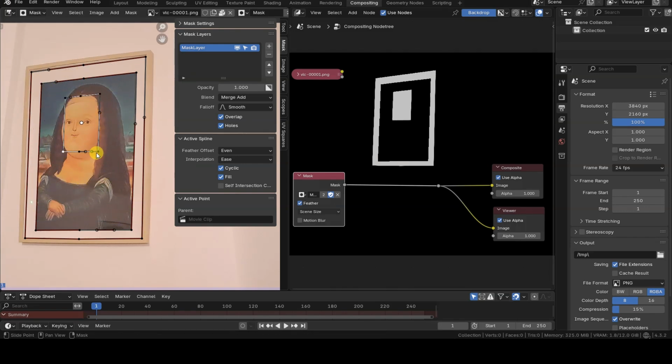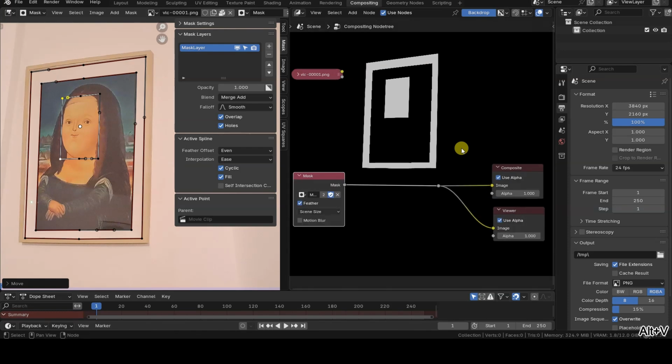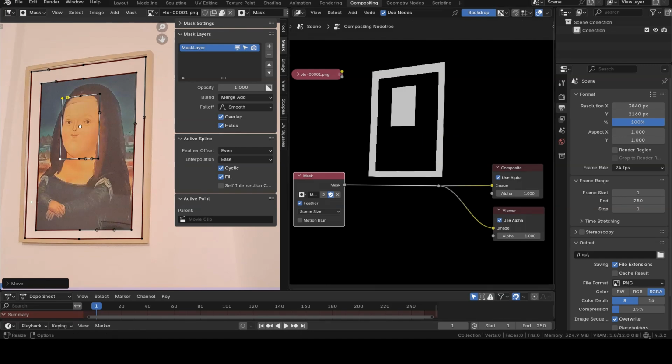By the way, I created the third mask by duplicating the second one using Shift-D, which is another shortcut worth remembering. To be precise, I selected the second mask using Linked, duplicated it with Shift-D, and scaled it in place using S.